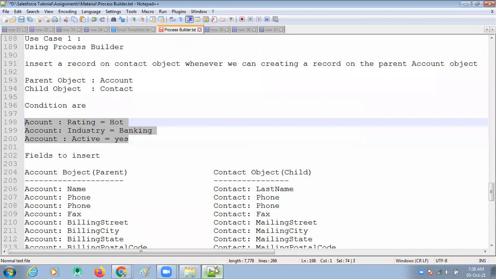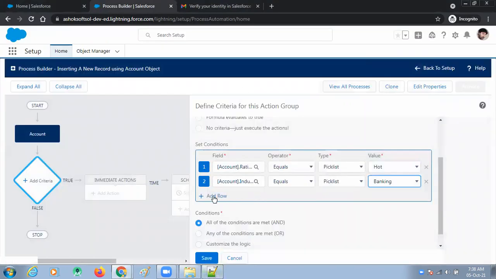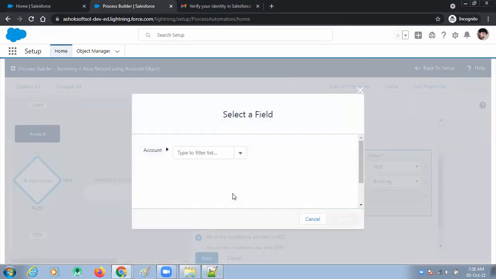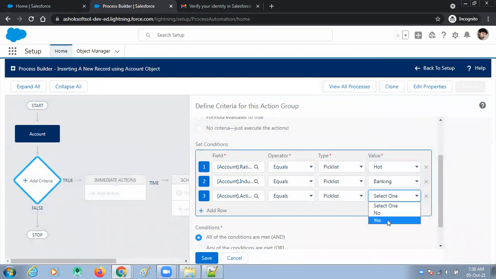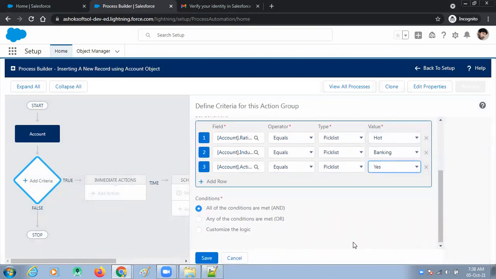Another condition also is there. Active equal to yes. You can add another row. Active equal to yes. You must and should satisfy these three conditions. So I selected here and.